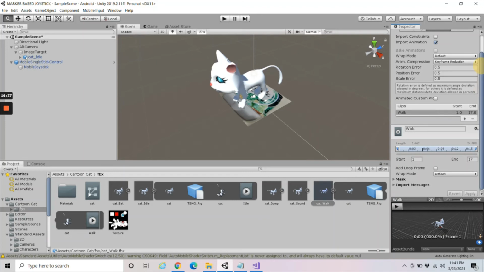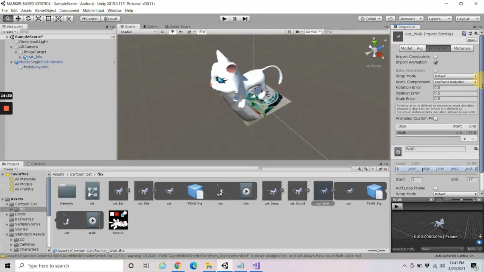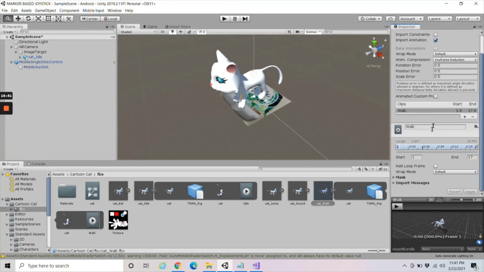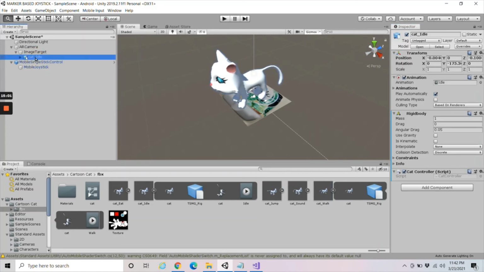And then under this wrap mode down here, you scroll down. Wrap mode here, change to loop, and select apply as well. Okay, and then we can go back to this cat idle inside this hierarchy. Select cat idle, this game object cat idle in the scene, and then change the animation size to